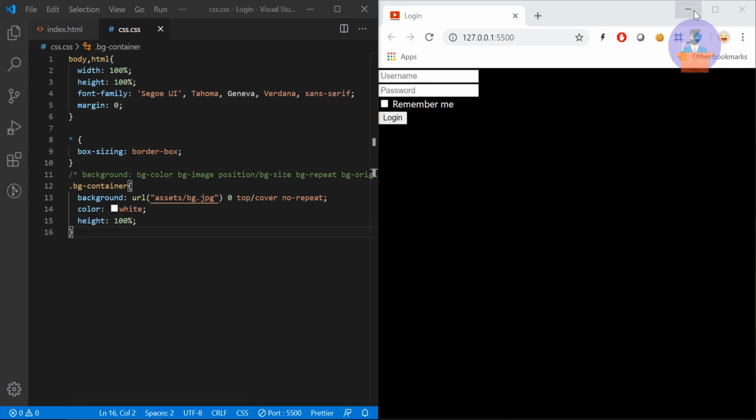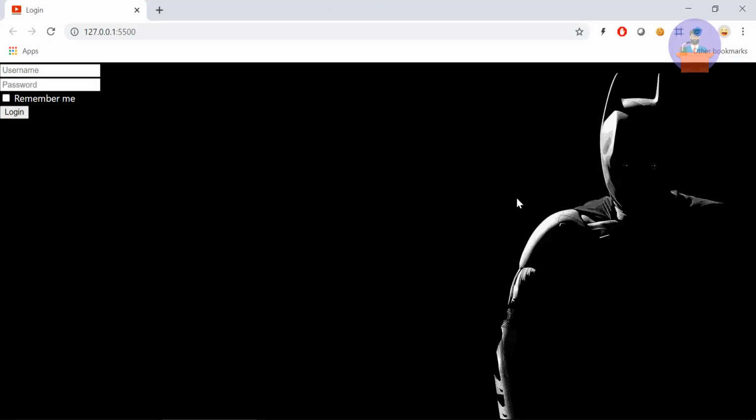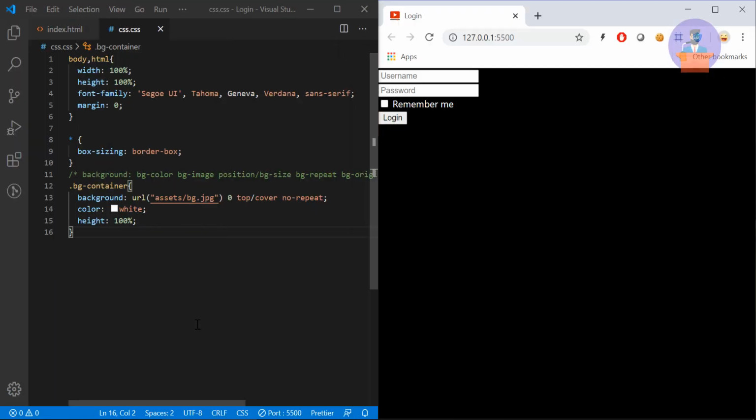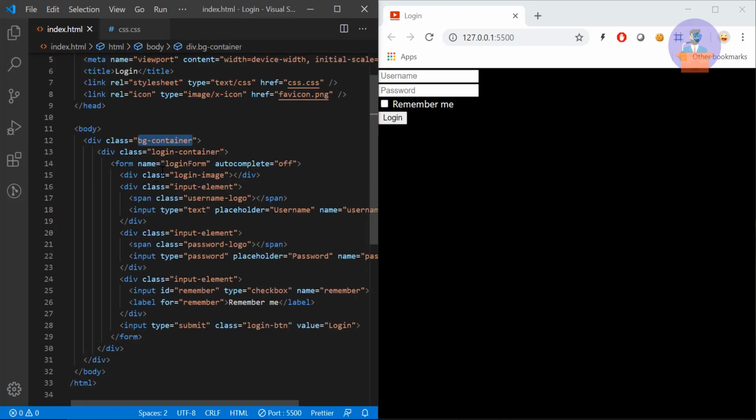Let me just maximize our browser. Yeah, you can see we have our Batman background. Now let me reset it. Okay, so let's provide CSS to our login container. So we have this login container, so I'm going to copy this class